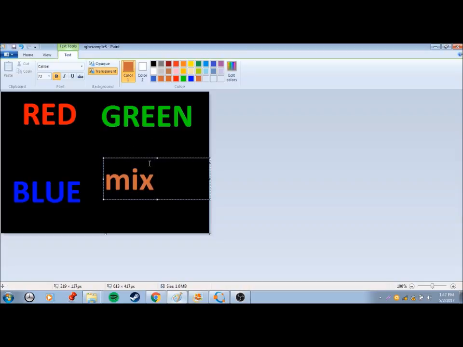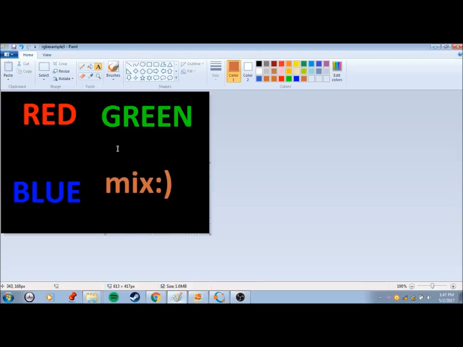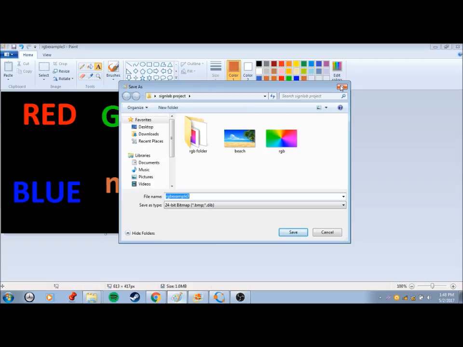So this is a combination of R, G, and B. This letter mix, and mix. I like that. Okay, we'll now try the code. We will now save this image as